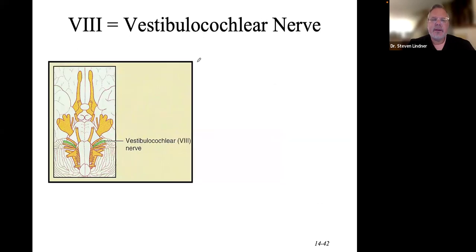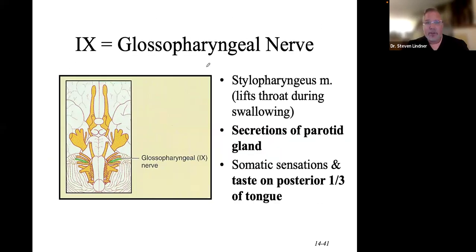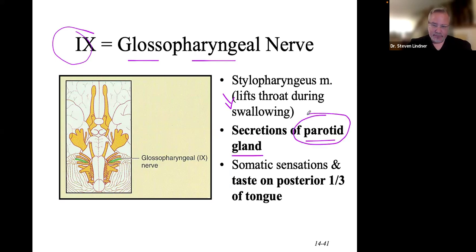Okay, the ninth cranial nerve, the glossopharyngeal, cranial nerve 9, is involved in lifting the throat during swallowing. It's involved in controlling one of your salivary glands that's called the parotid gland. And it deals with taste to the posterior 1/3 of the tongue. And the type of taste that it controls is the taste of bitter. Bitter to the back of the tongue, to the posterior 1/3. That's cranial nerve number 9,